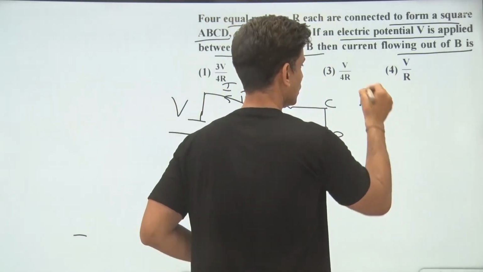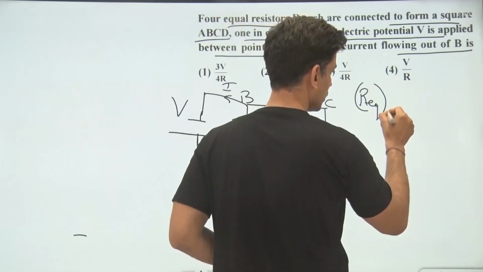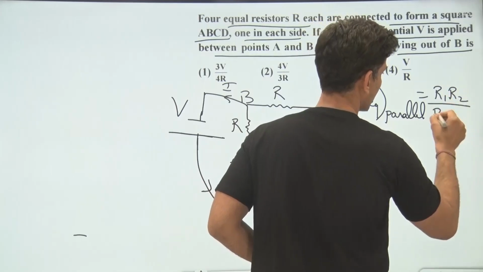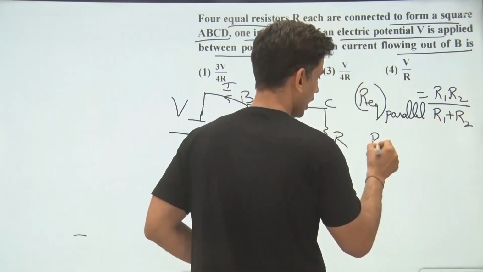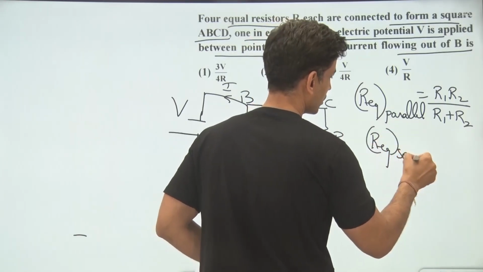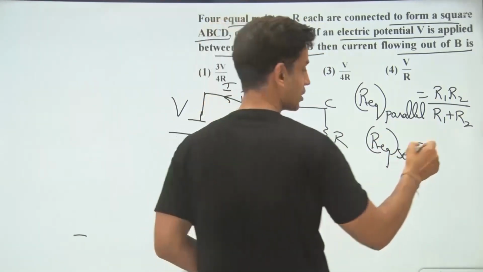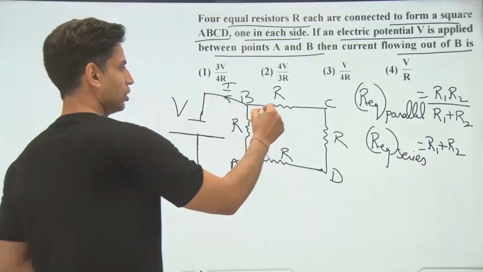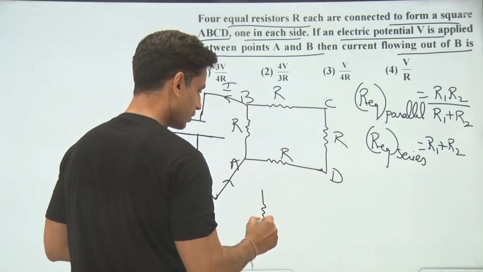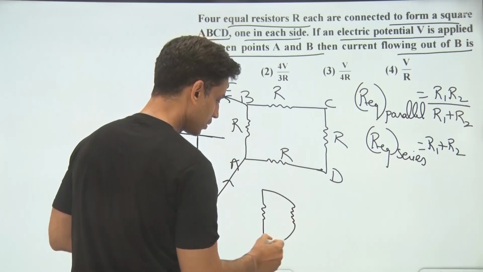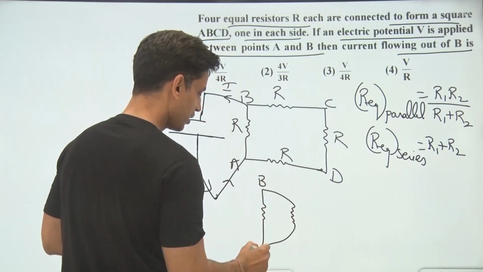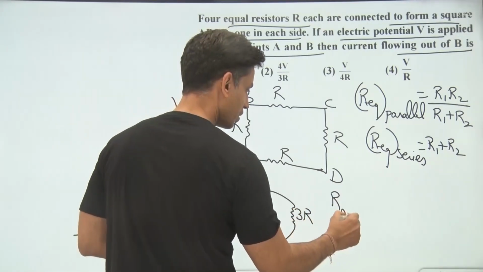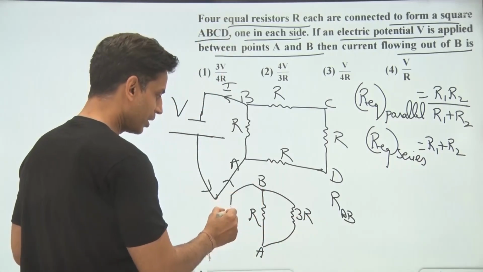R equivalent for 2 resistors in parallel is R1 R2 upon R1 plus R2, and R equivalent for resistors in series is R1 plus R2 plus R3 and so on. So all these 3 are in series, so their equivalent is 3R. This is B, this is A. So RAB, the equivalent between A and B,